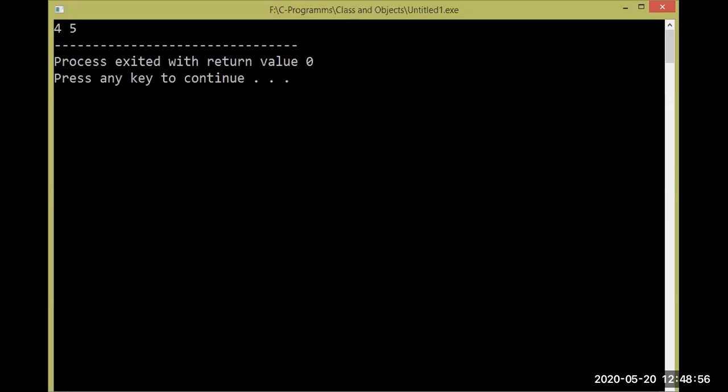So this is one of the mechanisms to access private data members of a class with the help of a friend function. In the next part of this lecture, we're going to discuss how a member function of one class can access private data of another class. We are going to see the second part of the friend function, where I make a member function of a class a friend function to another. Hope you understand this topic.